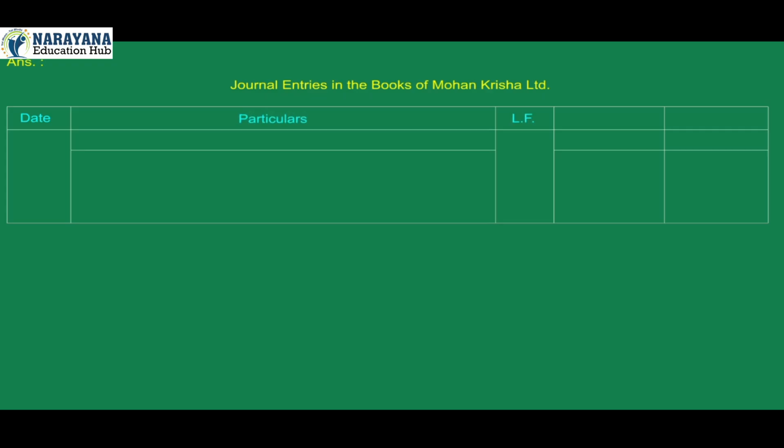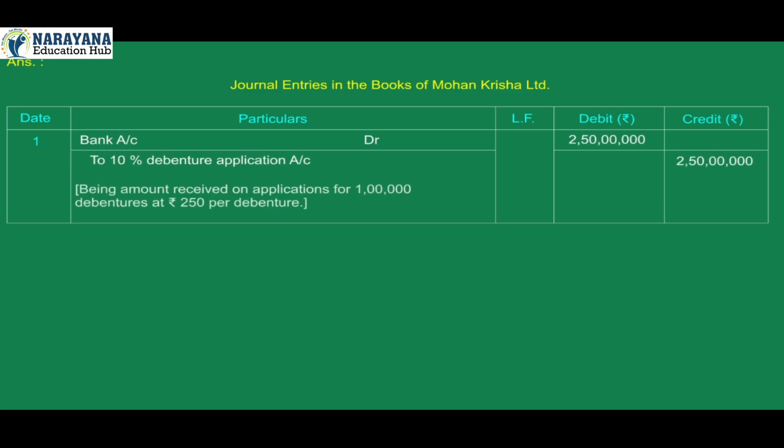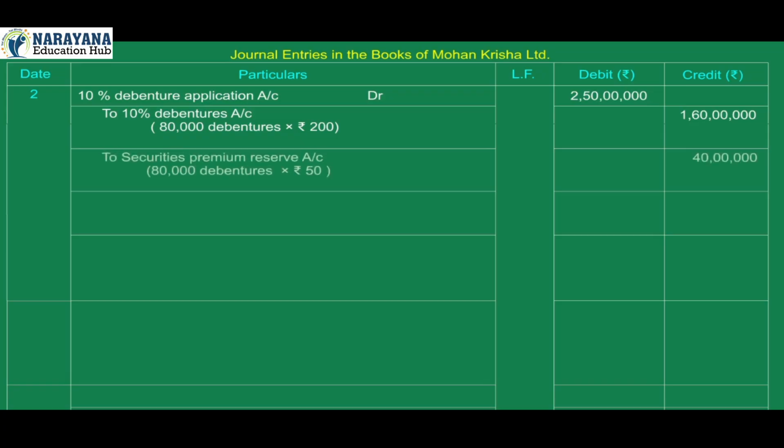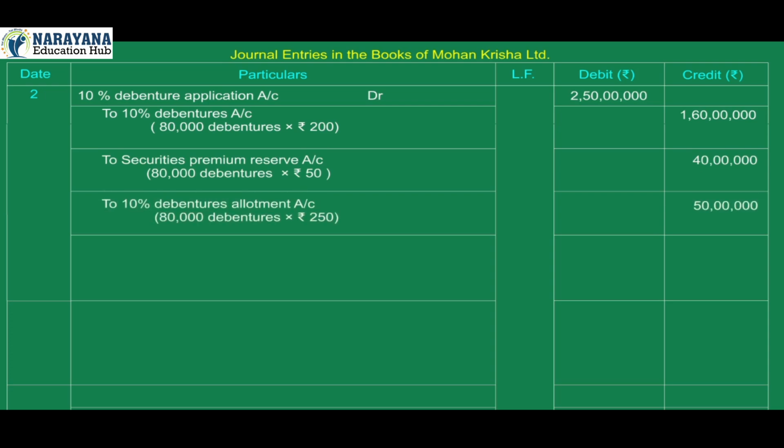Date, particulars, ledger folio number, debit, credit. 1. Bank account debit 2 crore 50 lakh to 10% debenture application account credit 2 crore 50 lakh. Being amount received on applications for 1 lakh debentures at Rs 250 per debenture. 2. 10% debenture application account debit 2 crore 50 lakh to 10% debenture account credit 1 crore 60 lakh, 80,000 debentures into Rs 200, to securities premium reserve account credit 40 lakh, 80,000 debentures into Rs 50,